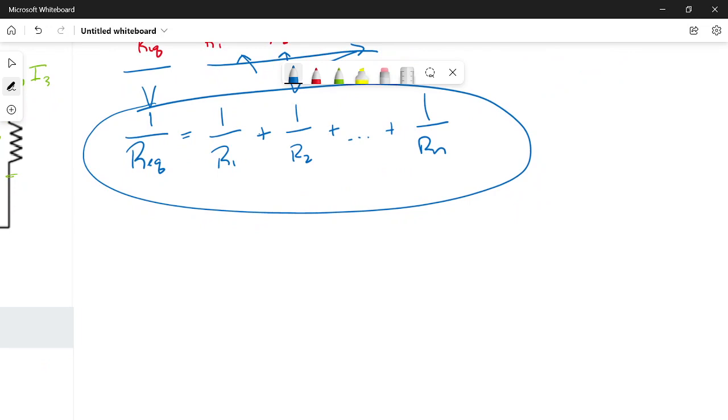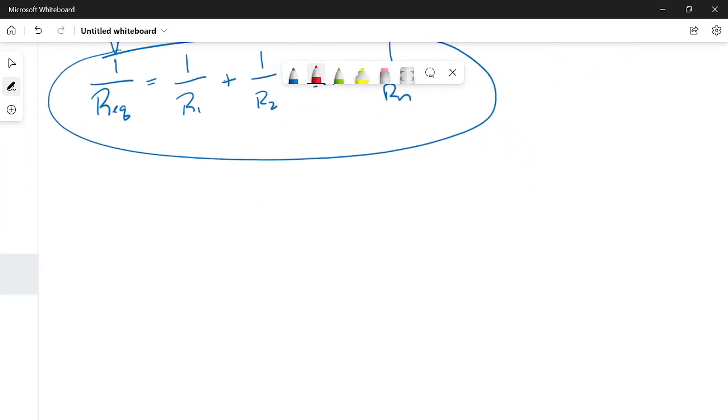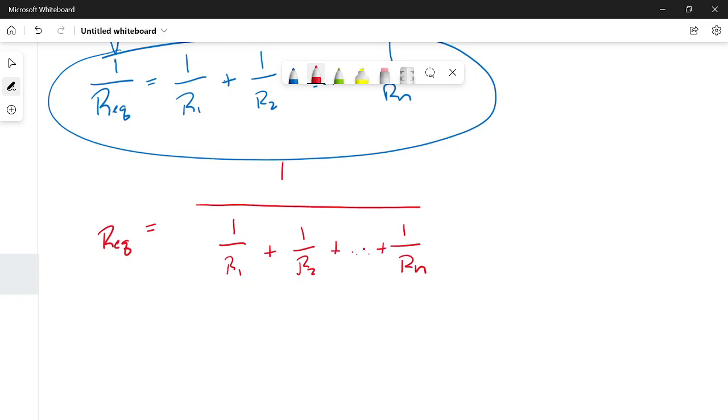If you really wanted to, you could probably go ahead and write it this way to say that the equivalent resistance, if I take the inverse of both sides, is 1 over 1 over R1 plus 1 over R2 plus all the way up to 1 over Rn. That's a bit yucky to write, and nobody really likes that. But